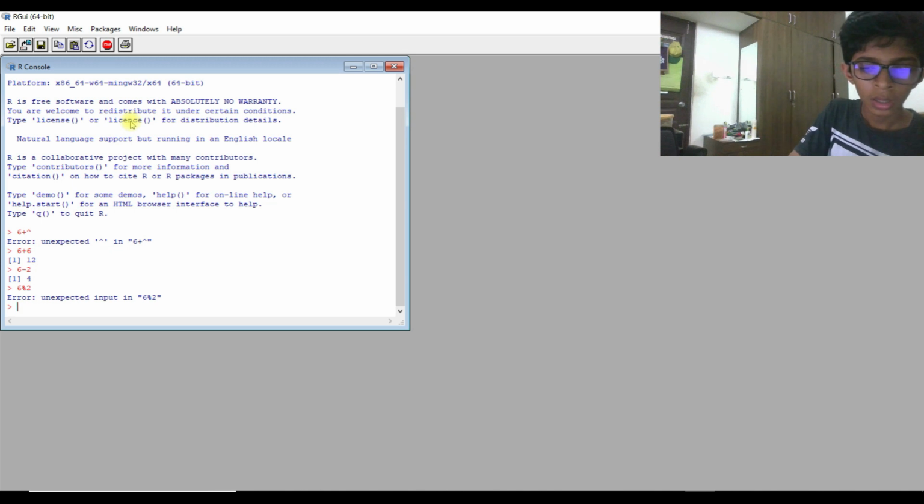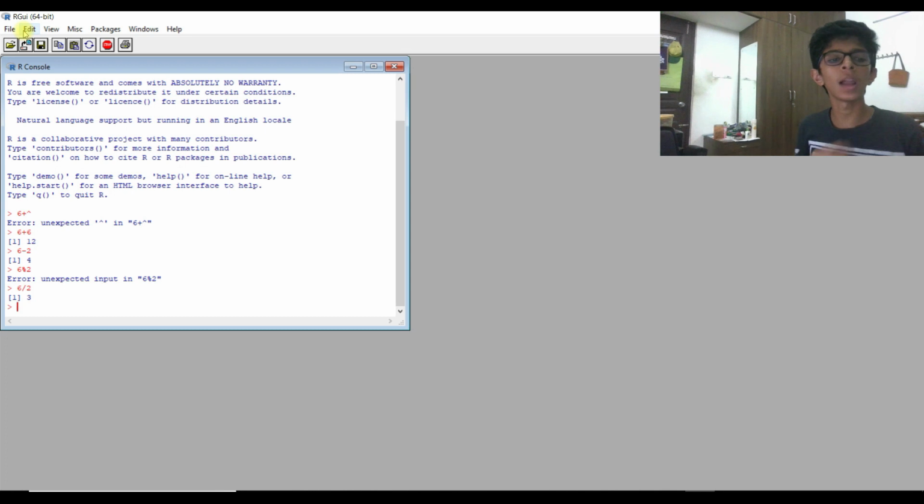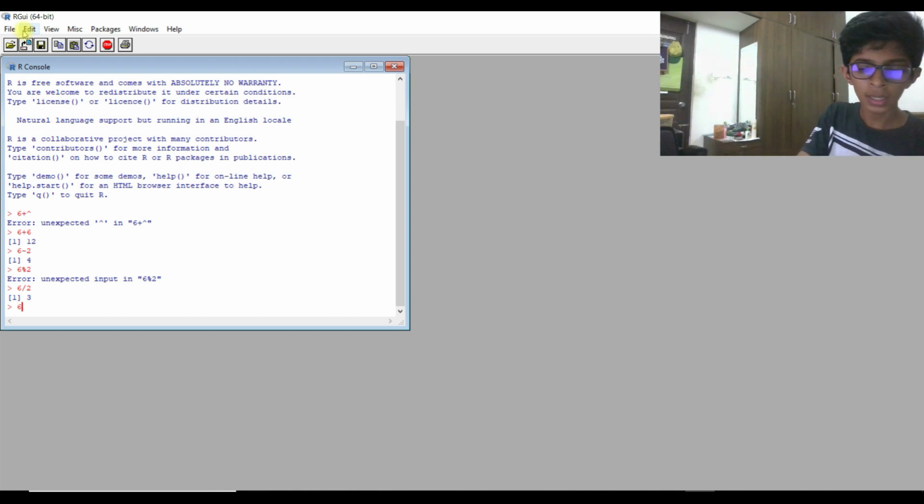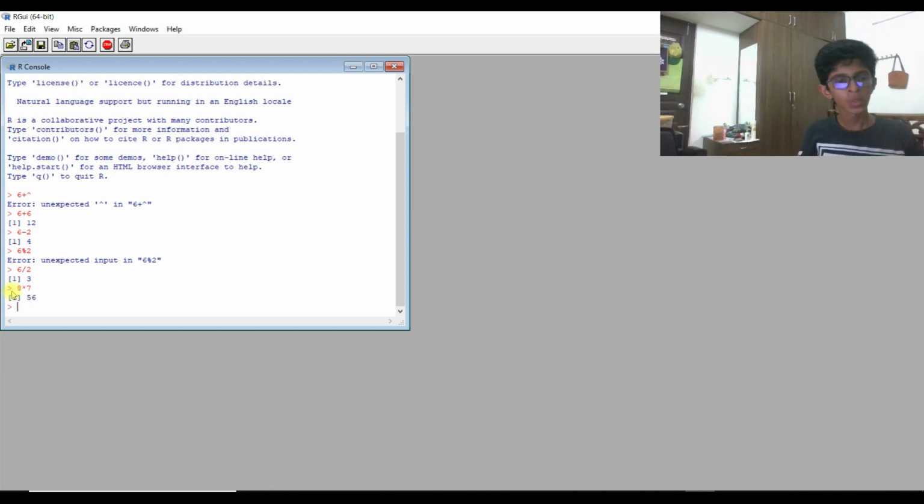You will not use this symbol, because if you use it, it might not work in division. You can use this symbol, which will allow you to get the answer. Multiplication is also applicable over here.